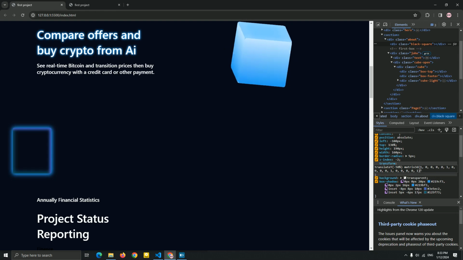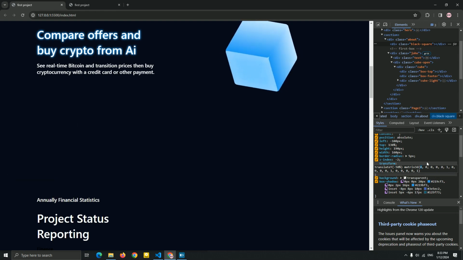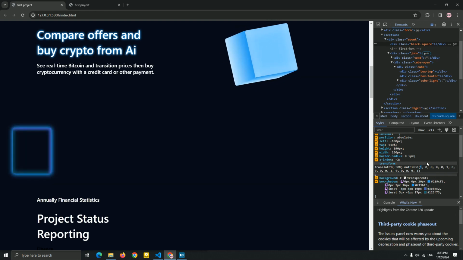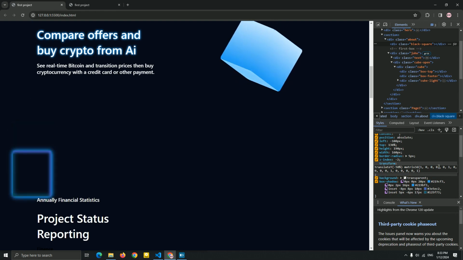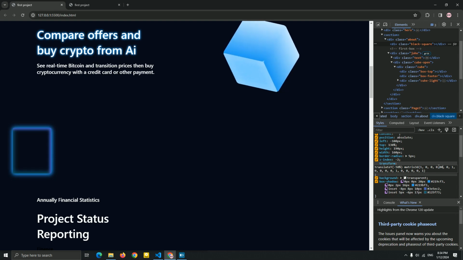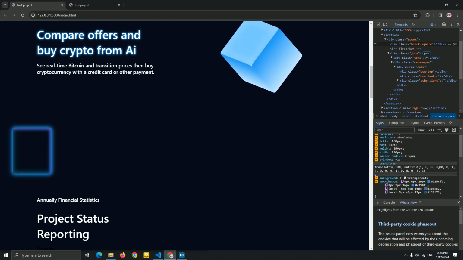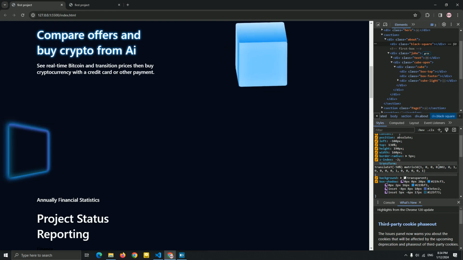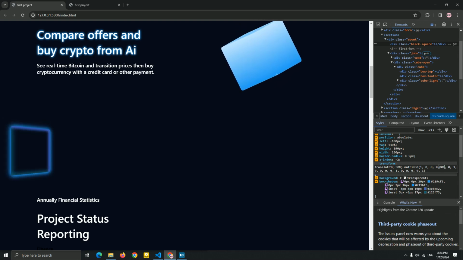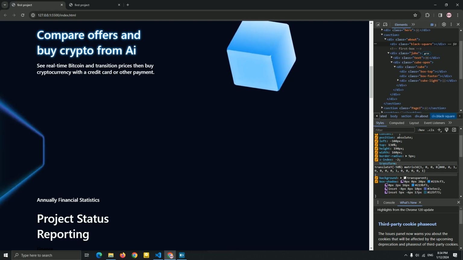So let me just show you each of them. As you can see, this is the scale X, and this is the skew, this is a change. Okay, so this is the real one of this. See this number of 0 that I'm gonna add a number for. This is a translate Z, and you can see it's working like a translate Z. It's just like creating a window for this. As you can see, it's beautiful. So you need some number for this, guys, to create it.